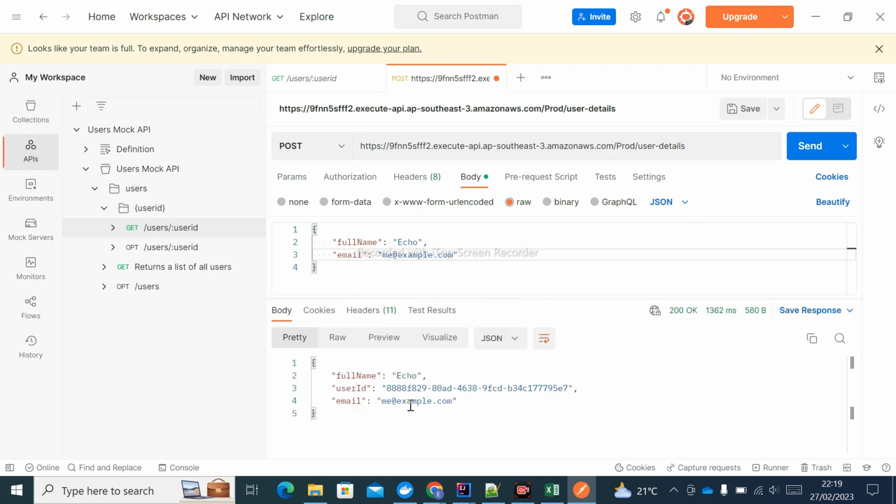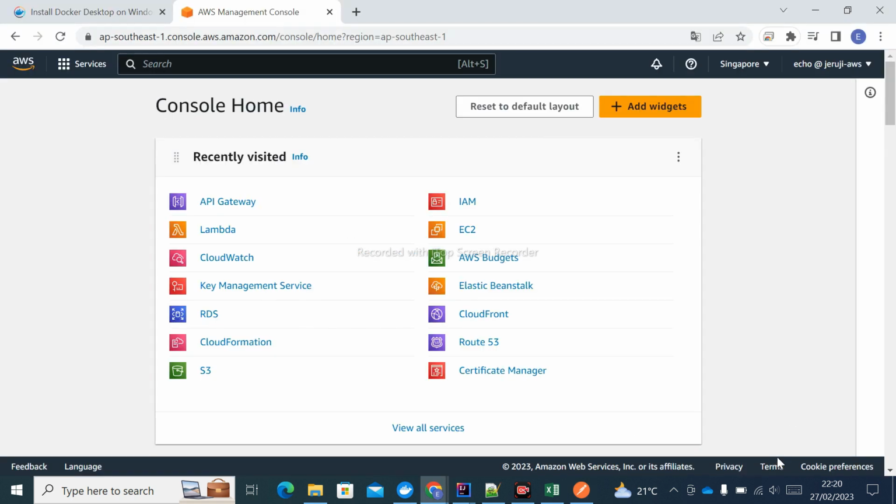As you can see, our Lambda function responds with full name, user ID, and email. So this Lambda function has been successfully deployed, and if you want to see the resources that our SAM framework created